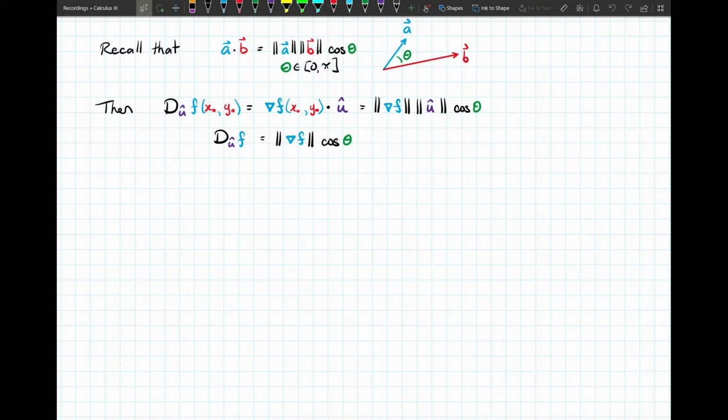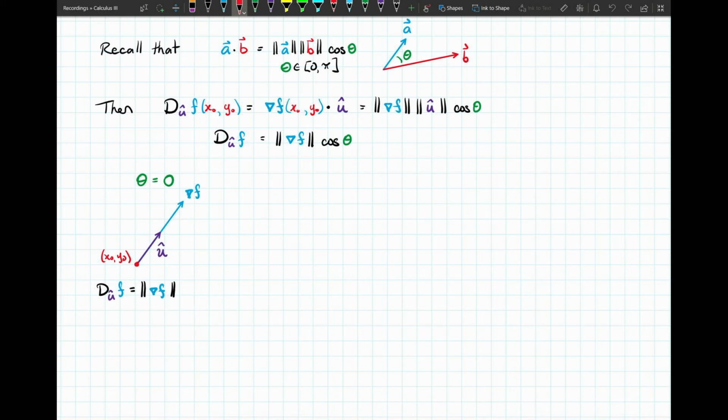Let's start off with theta equal to 0. If that's the case, then our gradient vector and our unit vector are pointing in exactly the same direction at the point x naught, y naught. And if we were to calculate the directional derivative at that point, since cosine of 0 is just equal to 1, then the directional derivative of f in that direction u hat would just be the magnitude of